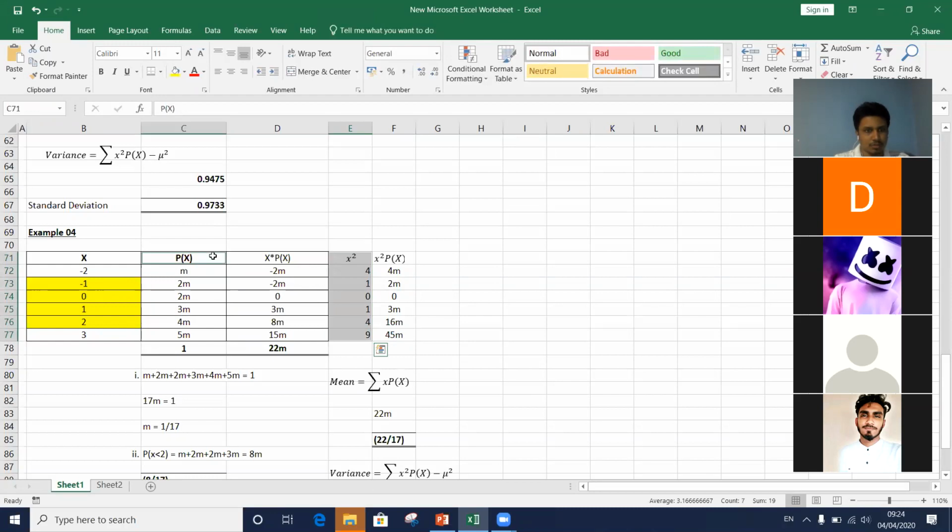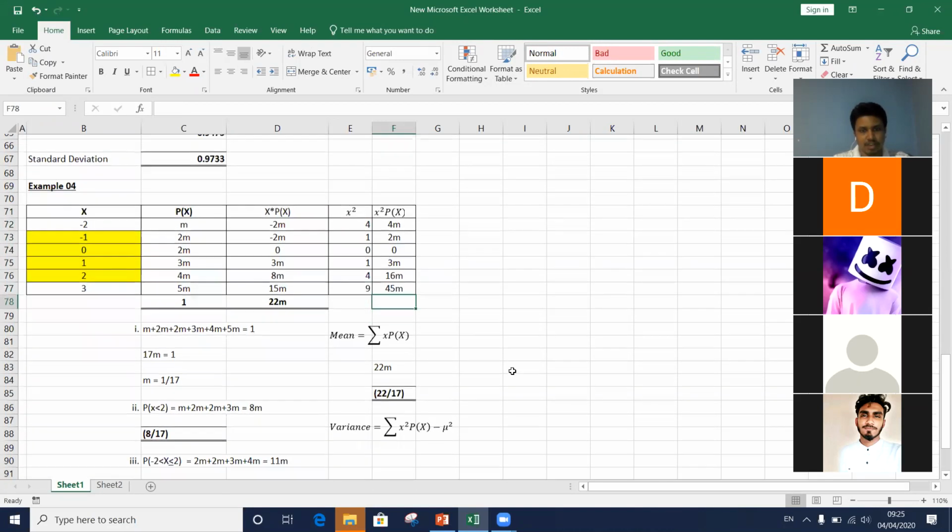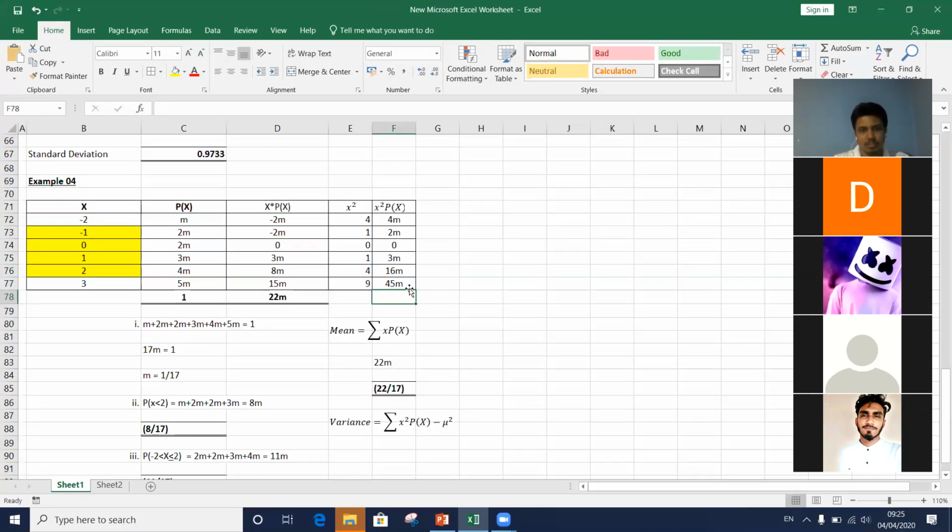These are the two columns we are looking for. X squared into px. Right. So what is the sum here? Sum of x squared into px should be equals to 70. 70. Right. So it means